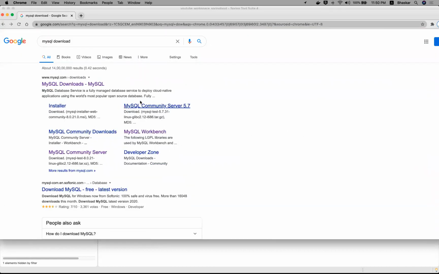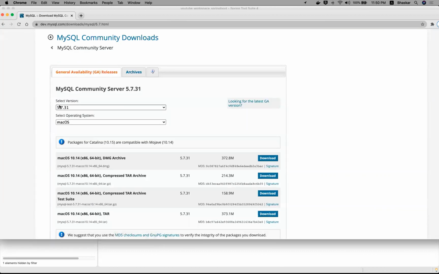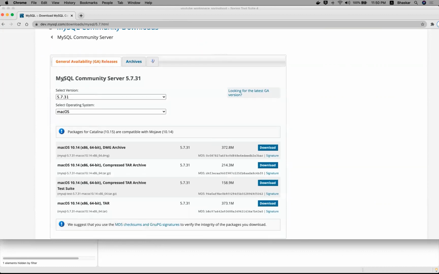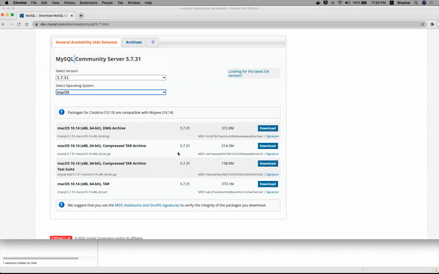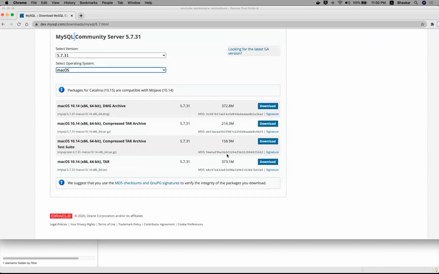You can go for MySQL Community. Let me click this one. Here there is an installer option available, MySQL Community Server 5.7.31. If you're using Windows, Mac, or Linux, based on the platform, you can download the software.